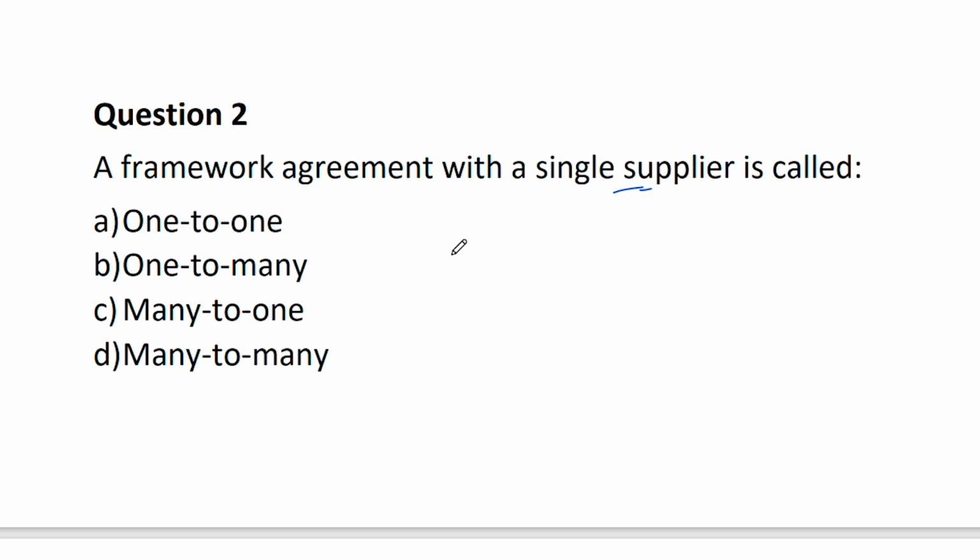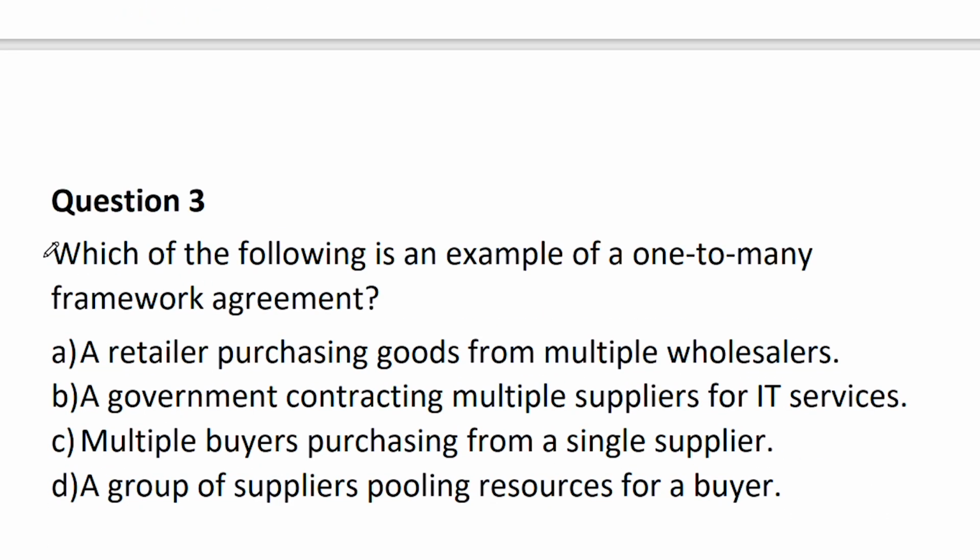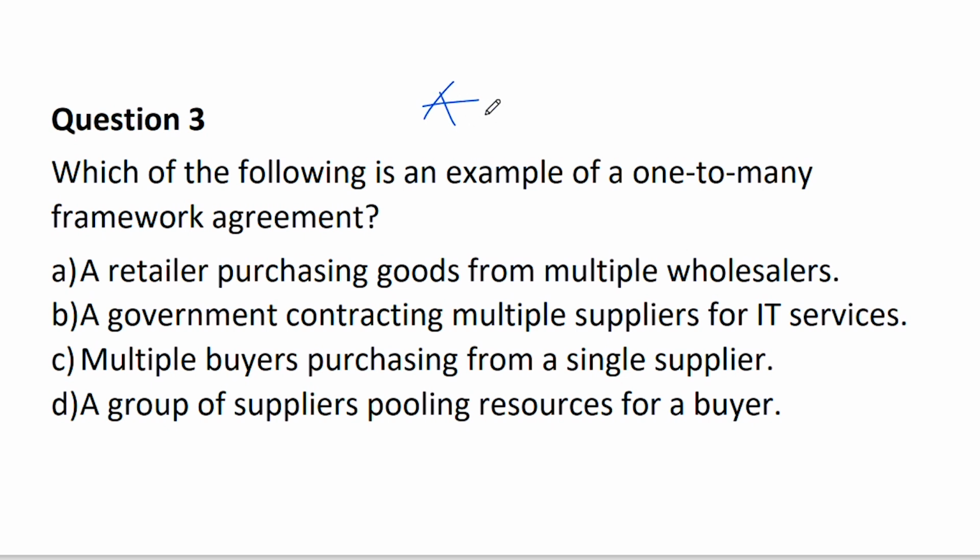With a single supplier. So that's going to be one-to-one, it's you and that particular supplier. Next, which of the following is an example of one-to-many framework agreements? Well, one-to-many means there is one particular purchaser and many suppliers. So a retailer purchasing goods from multiple wholesalers,